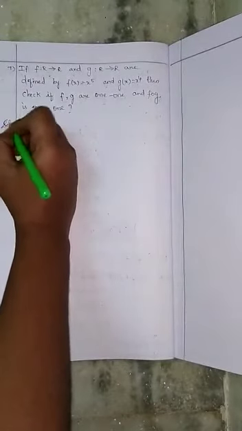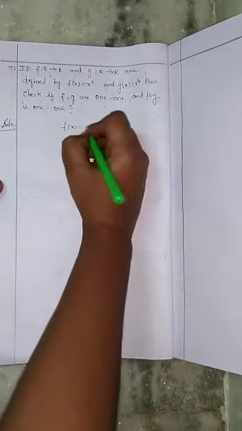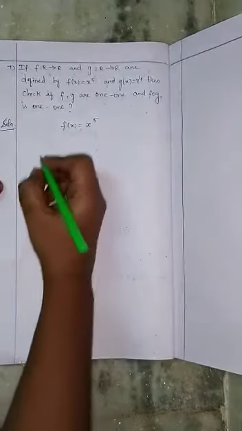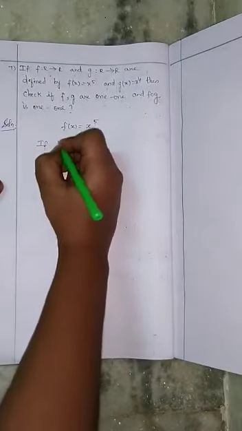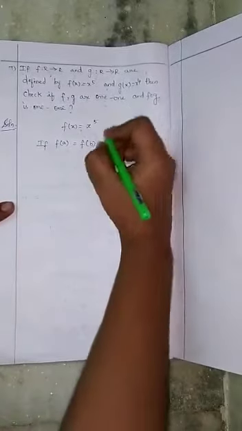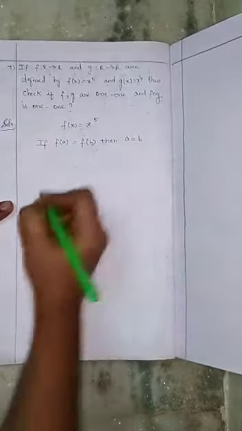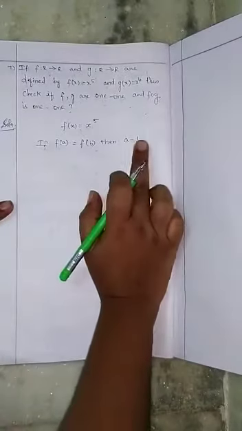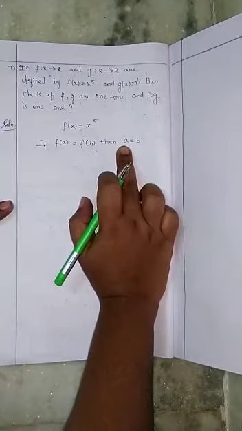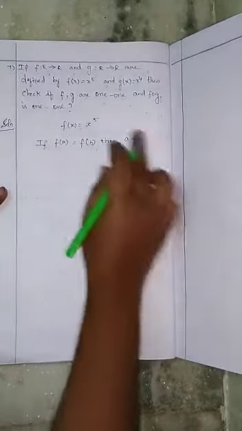First, write the solution. So f of x, what is given here? x power 5. So if I take f of a equal to f of b, this is the condition for proving 1 to 1, right? Then a equal to b, because if a equal to b, then here 1 you are putting, b also 1, 2, 2. So 1 is mapping with 1 element, right? So it is 1 to 1.